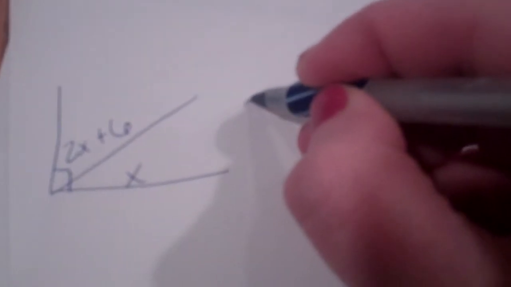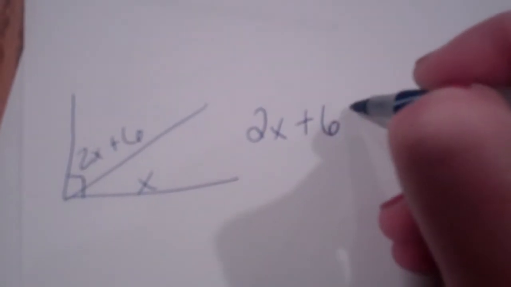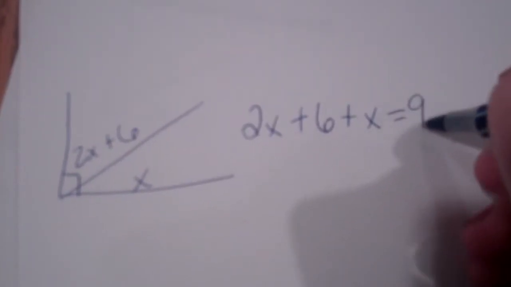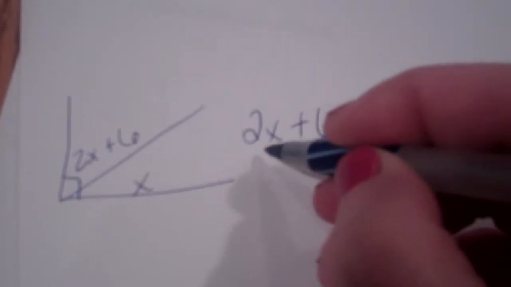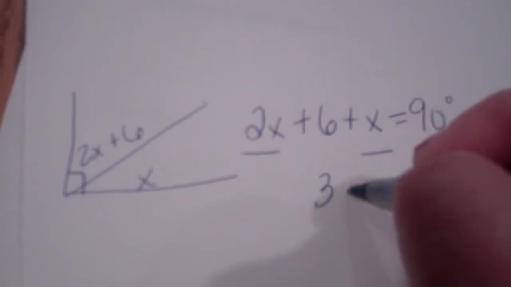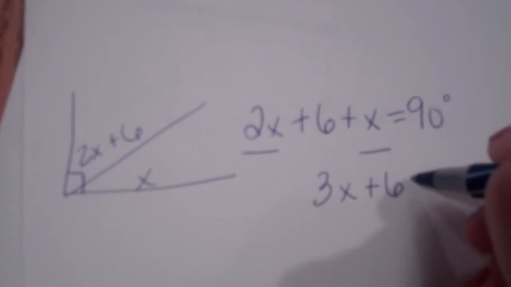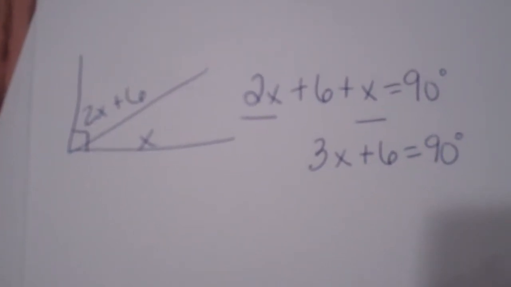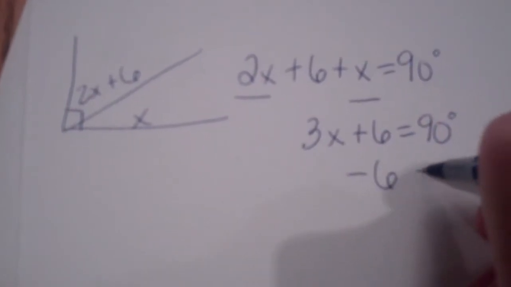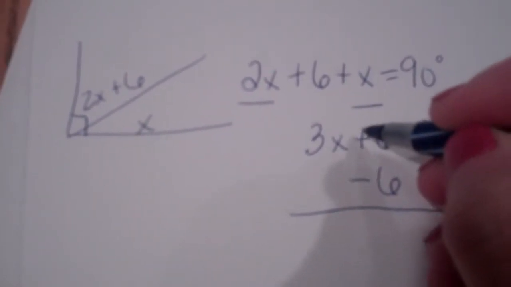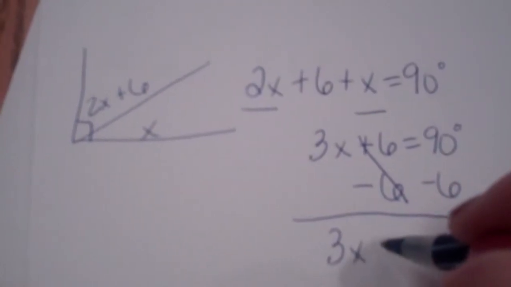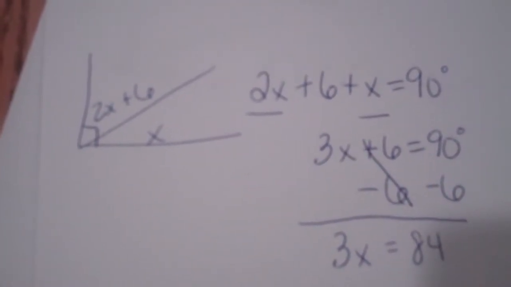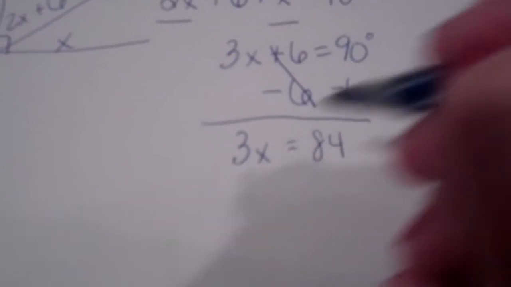Let's see one more example of that. In this example, again, we have the 90-degree relationship here. So 2x plus 6 plus x equals 90. We will combine our like terms, giving us 3x. We still have our plus 6, and that equals 90 degrees. We will subtract 6 from both sides to work towards isolating our variable. 3x equals 84. Now we'll divide by 3